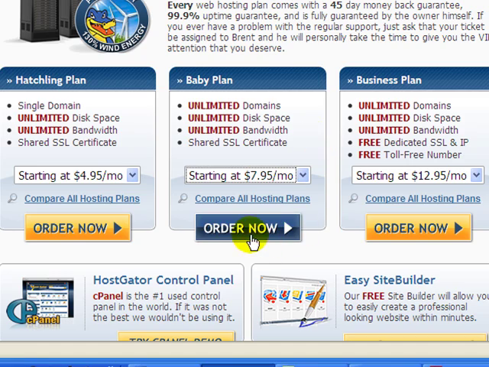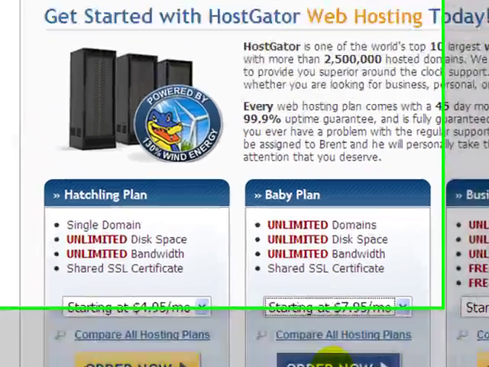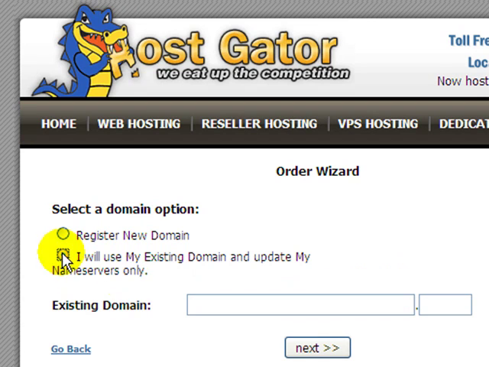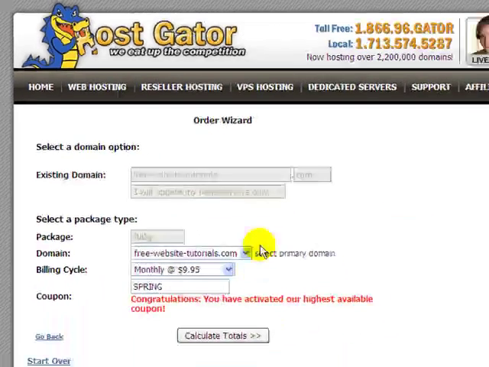So what we do is we click the Order Now button at the bottom of the Baby plan. Now the next step, it'll ask you to select a domain option. So number one is register a new domain, and number two is I will use my existing domain and update my name servers only. Because we've already registered our domain with GoDaddy, we click on the option here, and you will use the existing domain that you just created in the last video, and it'll ask you to put in your existing domain. So if you just type it in here, I'll type in my free website tutorials and then .com. Once I've done that, I just click next,